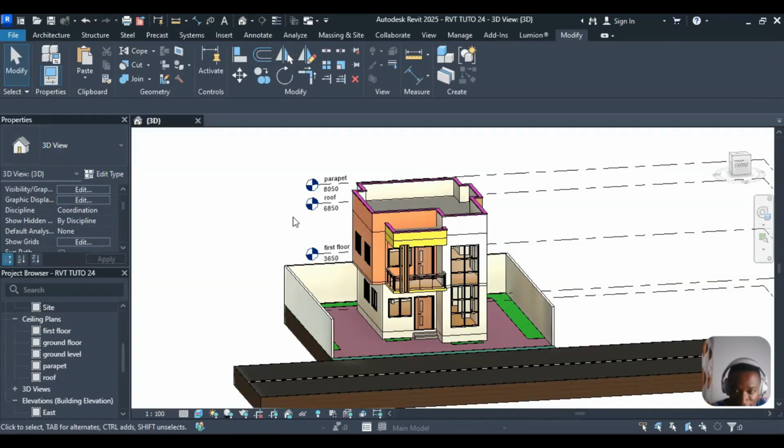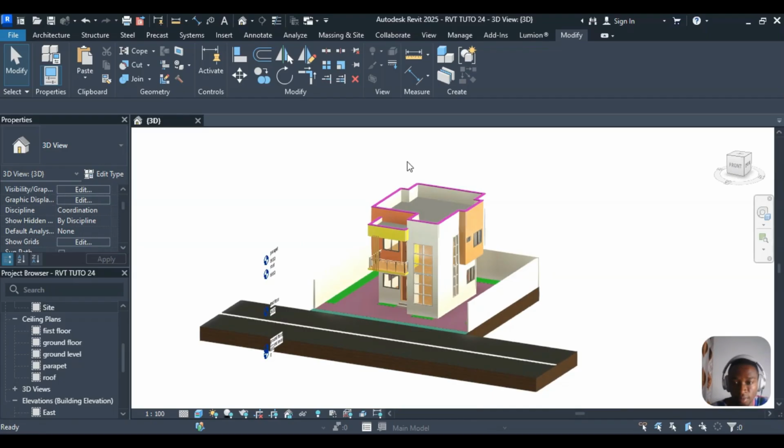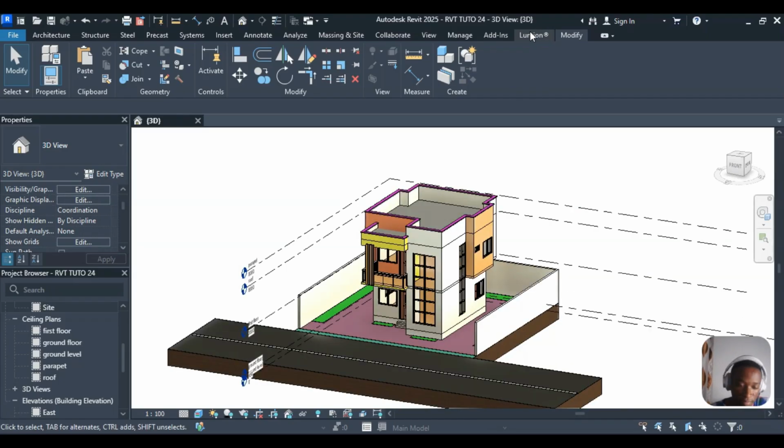Welcome to the third part, which is the rendering part. We are going to export this model to Lumion, and it's very easy. If you don't have the Lumion plugin installed, then you can choose to export this model through